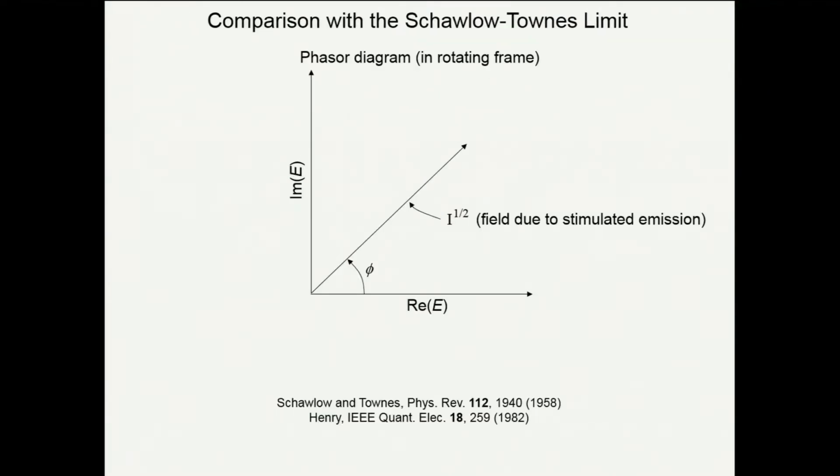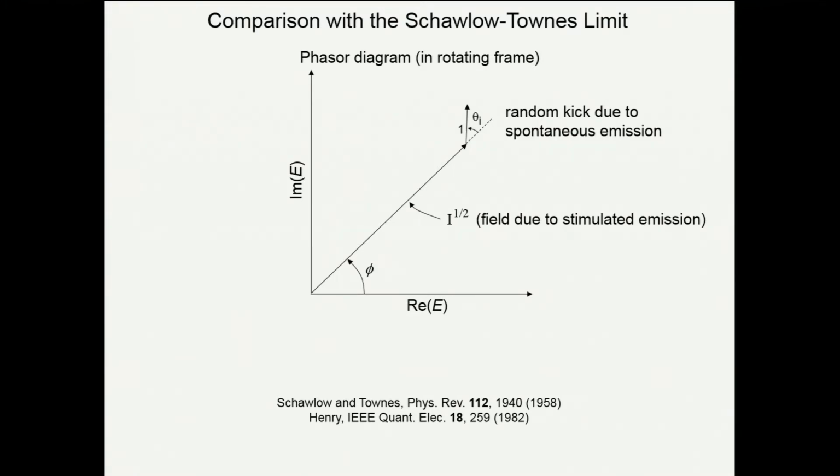Question is, how good is that? It sounds like a pretty impressive number, 3-kilometer coherence length, but is it good enough? One way to quantitatively stack up the performance of the device is by comparing to what's called the Schawlow-Townes limit. And what Schawlow and Townes considered is a competition between stimulated emission events, which all add up coherently to give you a large phasor field, and spontaneous emission events that randomly occur and basically kick around this phasor in this